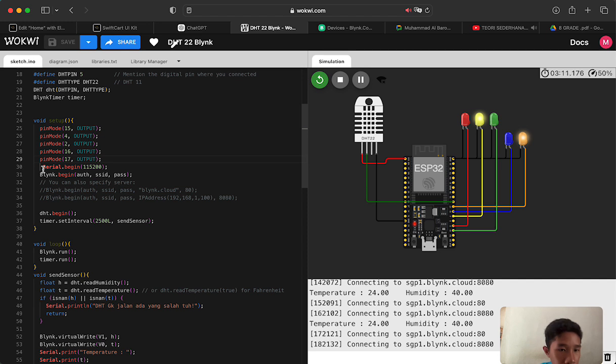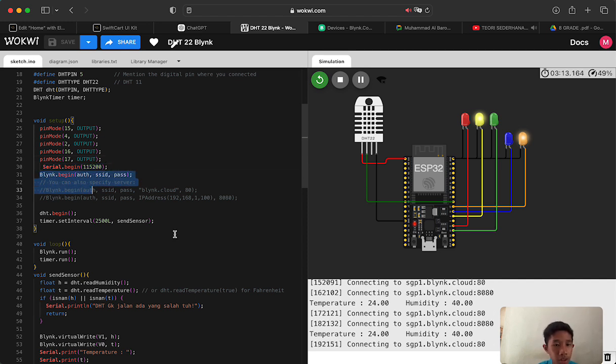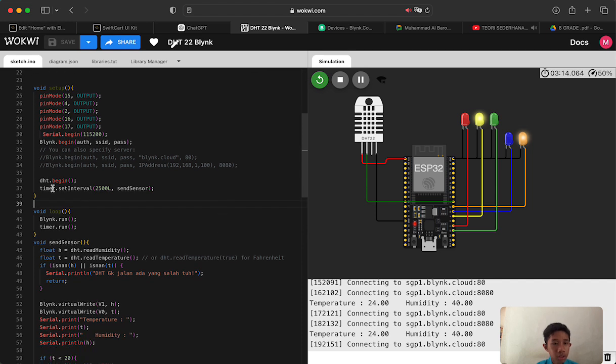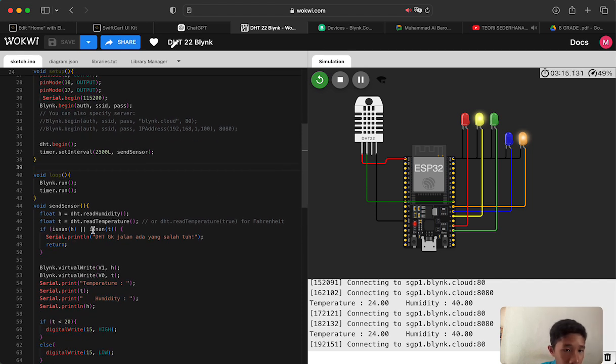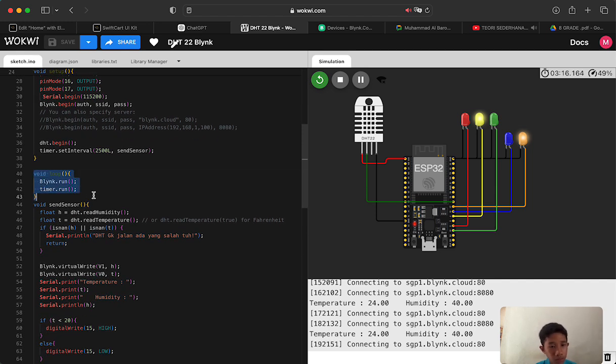Okay, and after that serial begin, and like before go to void loop. Okay, blink run, blink timer, these are two lines of code that mean the code will run the blink run and the timer.